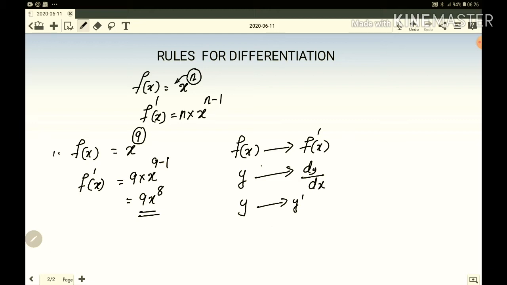Is it clear? Now another notation is also there, capital D of x. This also means differentiate with respect to x. dy by dx means differentiate y with respect to x. Clear? Whatever variable you want to differentiate, you have to write it. Sometimes you see dy by dp, which means you have to differentiate the variable p. Clear? But the method is the same. You have to look for the power. Power is very important. Then just differentiate it. Is it clear? Okay. Now we can do some more questions.